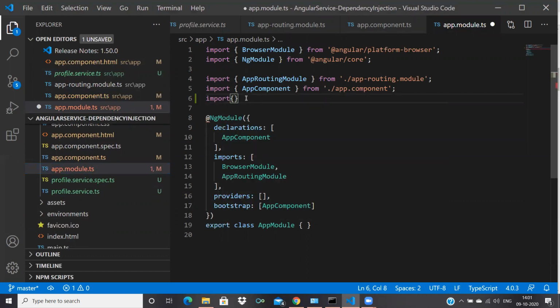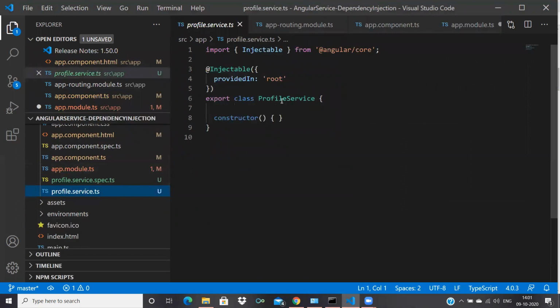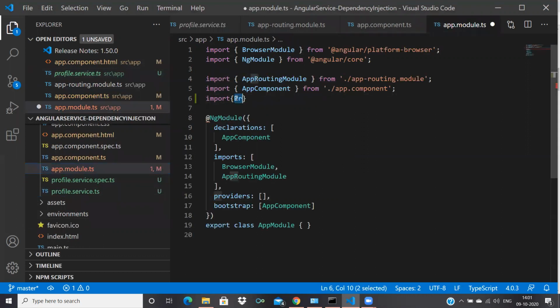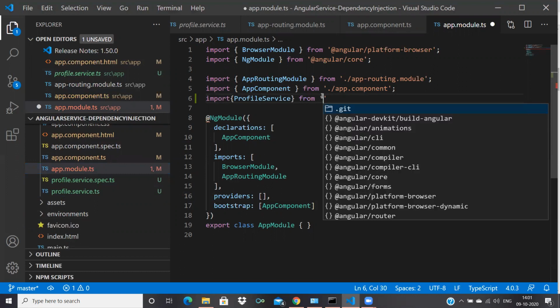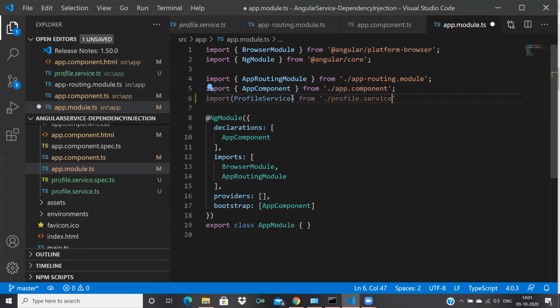Here we want to provide a class name. What is the class name they have generated? ProfileService. I'm giving it here, and the path comes from profile service, and I want to declare it here in providers. Then we can use this service now.